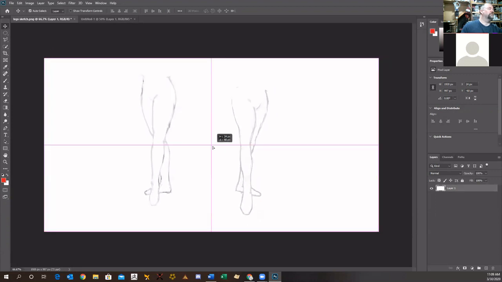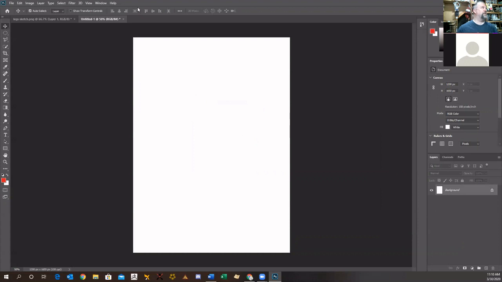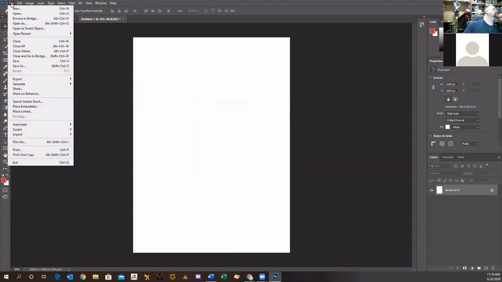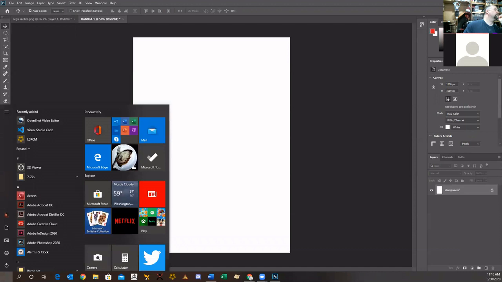And then, so the hard part right now is getting this image into this document. Yeah. All right, so we're going to do it a different way. Ready? So I'm going to delete out that layer. So I'm just in my brand new document, right? Mm-hmm. And I'm going to go, let's